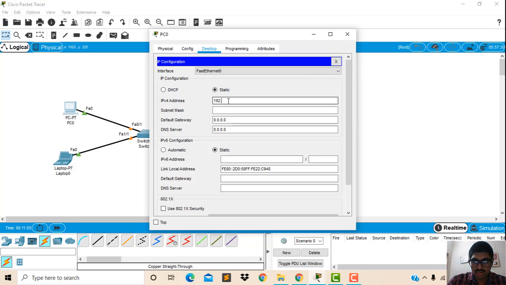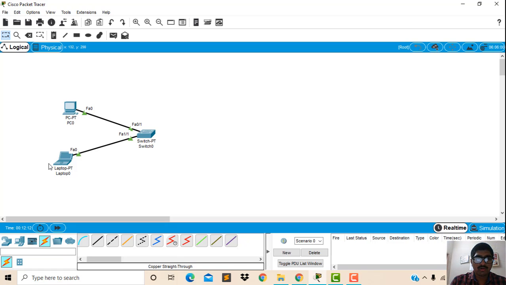I am giving 192.168.10.2. The subnet mask comes automatically. Now I am giving the default gateway 192.168.10.1. Here I have assigned the IP address, subnet mask as well as default gateway.